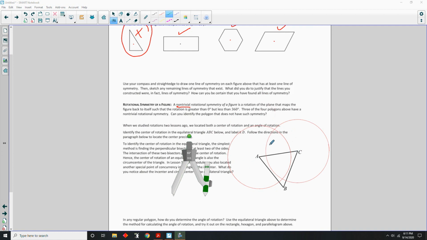Okay, just to save time, I paused and unpaused, and what I had done was draw a circle centered at A, greater than half of AC but less than AC, and then did the center at C with the same radius, and now I have two points of intersection where I can draw a segment. I'm going to do the same with another side, so I'll put this on A, draw a circle, put it on B, draw a circle,